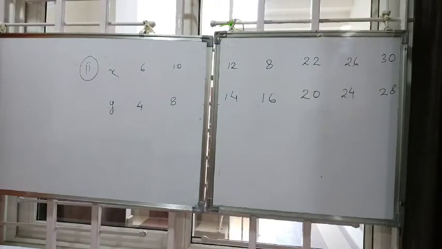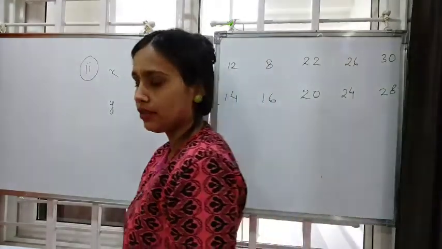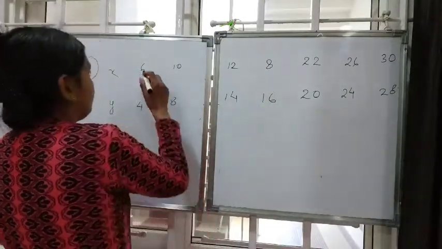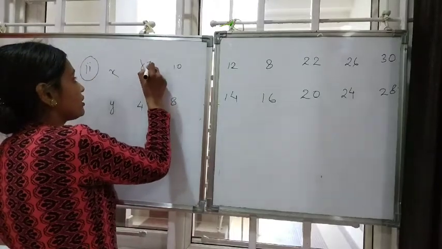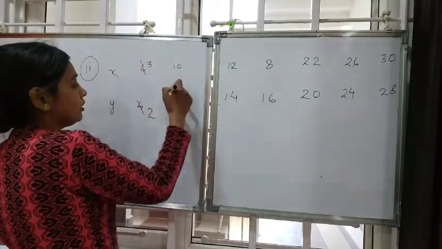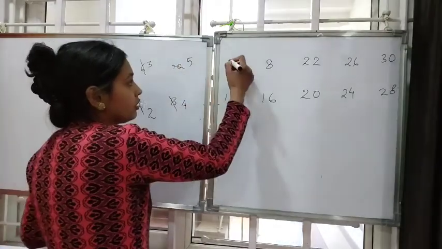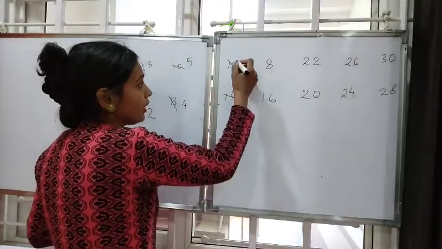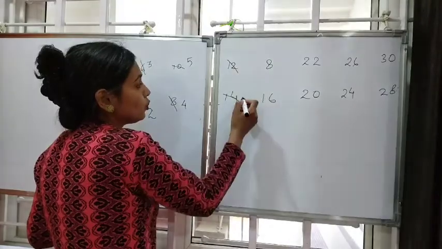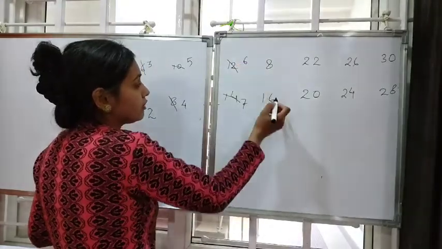So let's check the ratios again, children. If the ratios come out to be same, that means the values of x and y are in proportion. So let's start. We do it with 2. 2 threes are 6, 2 twos are 4. Here it will go by 2, 5 twos are 10, 4s are 8. Here it will go by 2, 7s are 14, 6s are 12.